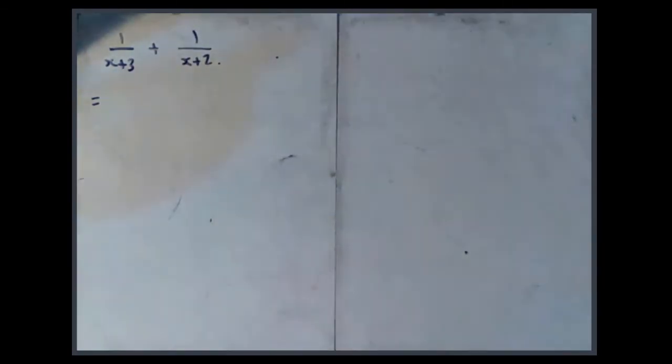So we'll start with a fairly simple one: 1 over x plus 3, plus 1 over x plus 2. Okay, so we're going to use what should be a familiar method. We're just going to multiply this leading by diagonal. So that will be 1 times x plus 2,